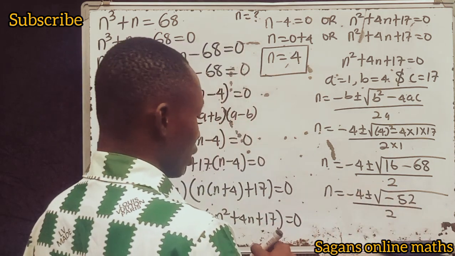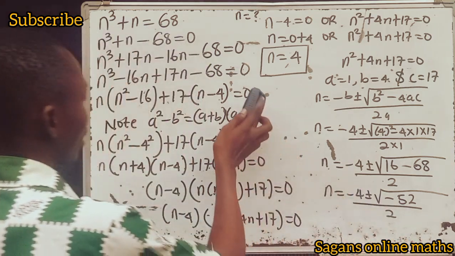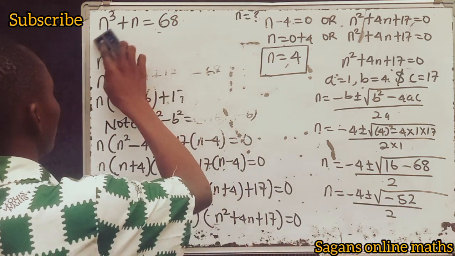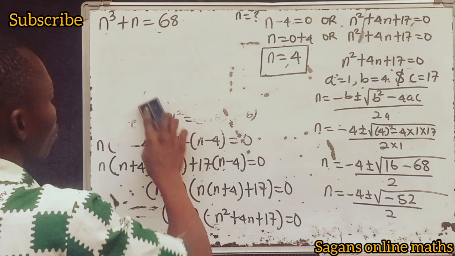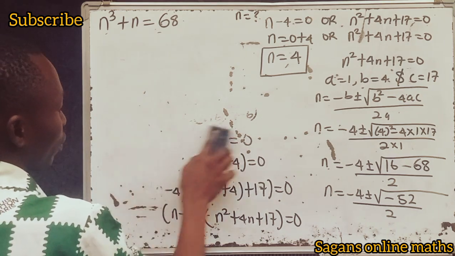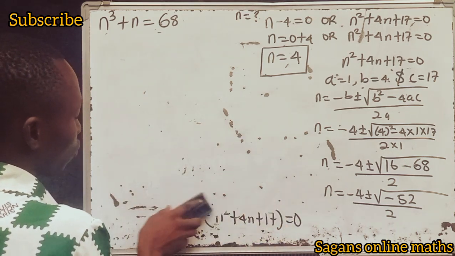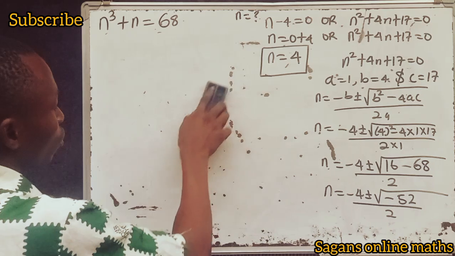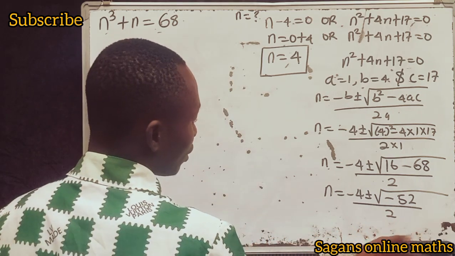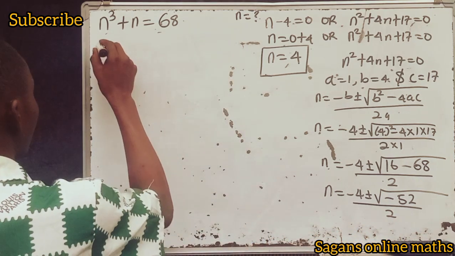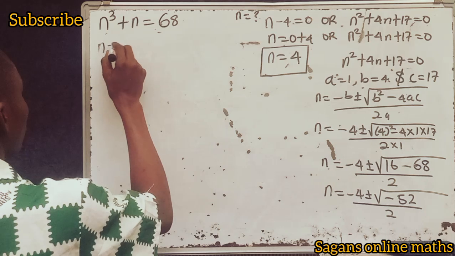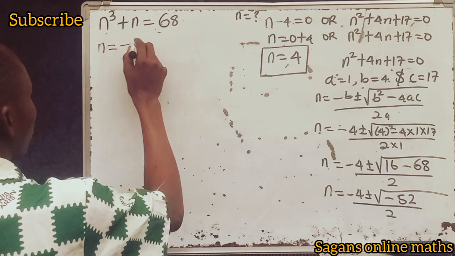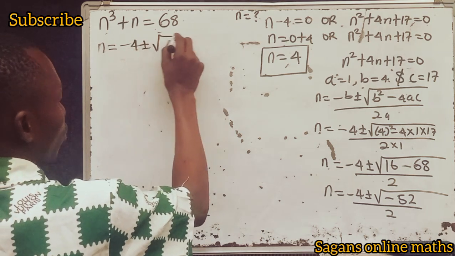Now let's simplify this equation further, so I can remove this from here quickly and solve for the other values of n. Now from here we're going to do something very interesting. That means n equals minus 4 plus or minus the square root of